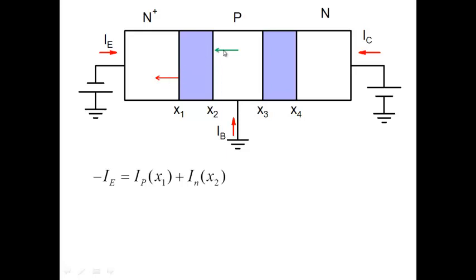If you sum them up, you get the net current flowing through the junction here, and minus IE because of the direction that we've assumed. So minus IE is IPX1 plus INX2. Similarly, this current here,